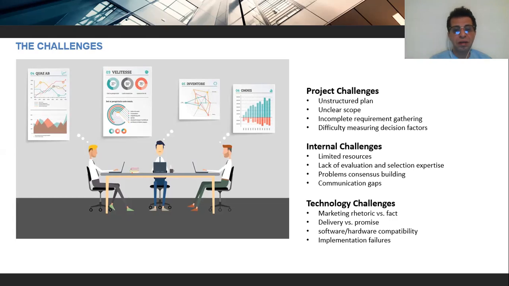implementation, incomplete information or requirements gathering. What is this application? How will it be customized? How will it be set up? How will it work? We're not doing that completely, and there are difficult major decisions. And beyond all these things, the biggest challenge is getting everybody to agree, building consensus, getting everybody excited about it. If they are excited, they're willing to spend more time working with the consultant and the IT department to make this application a success.